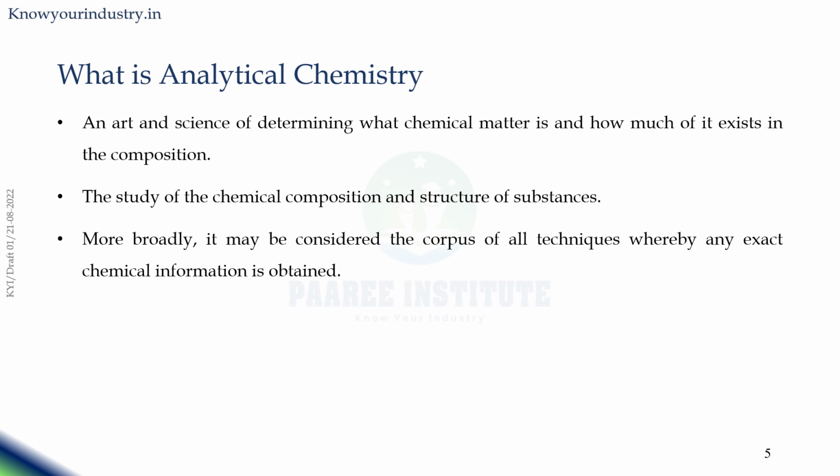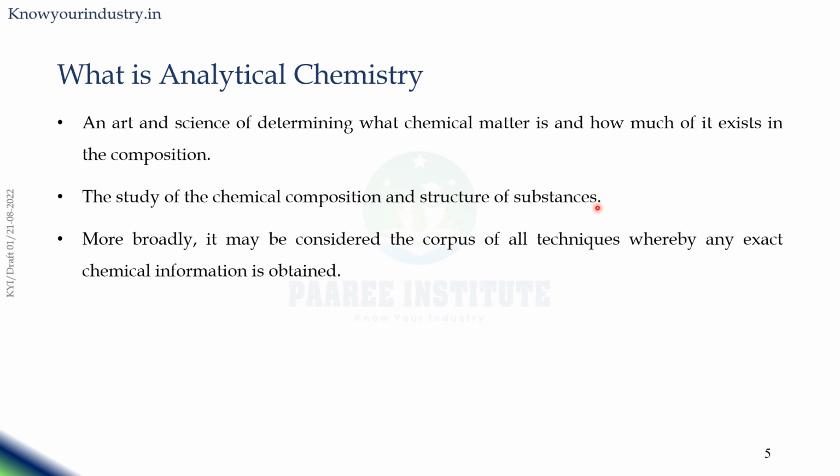Now we are going to see what analytical chemistry is. When the word chemistry comes, it is going to talk about chemicals. Analytical chemistry is widely used to analyze chemicals or foods in general, and it is the art and science of determining what a chemical matter is and how much of it exists. That is a qualitative and a quantitative kind of determination, and its composition also, and the study of chemical composition